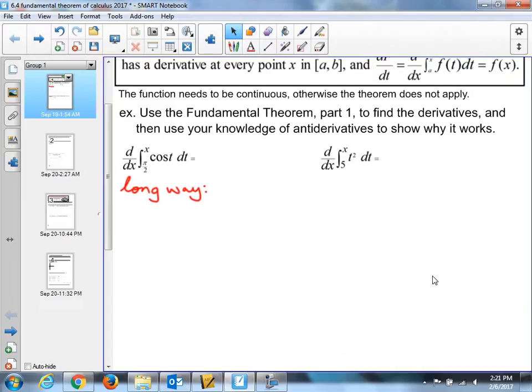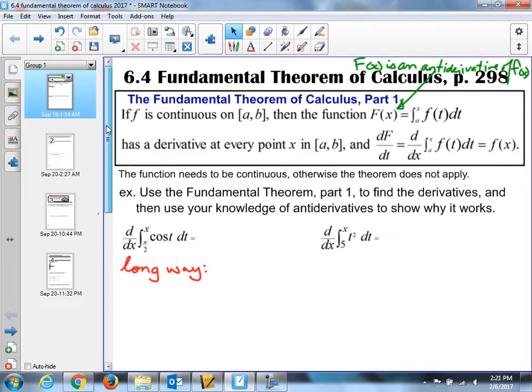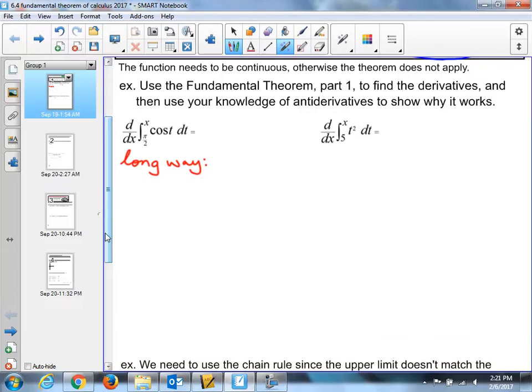So this example here kind of looks like this, doesn't it? Okay. Now the idea of this here, and if I'm just looking at this without knowing too much about this, if I say d by dx,